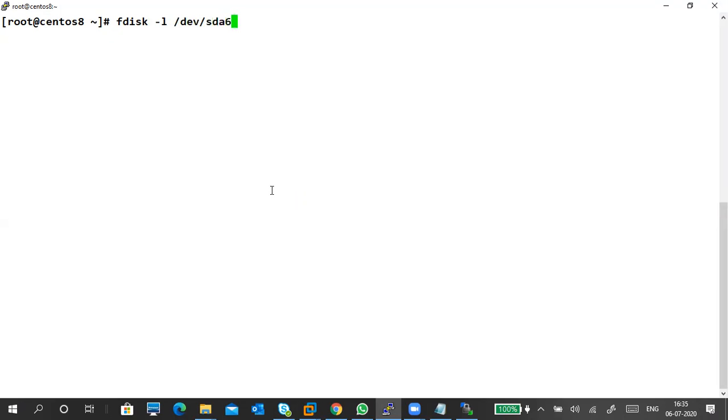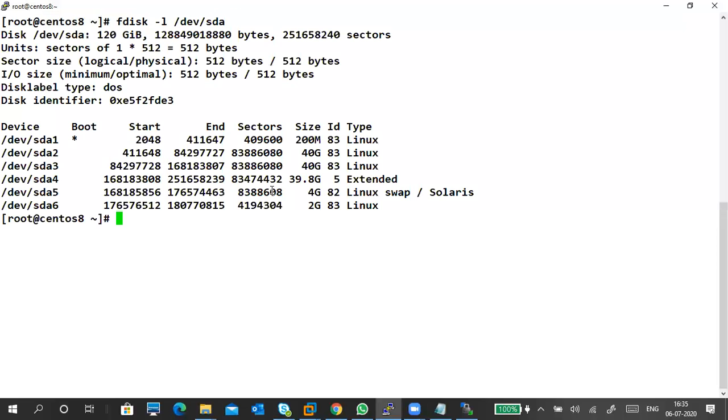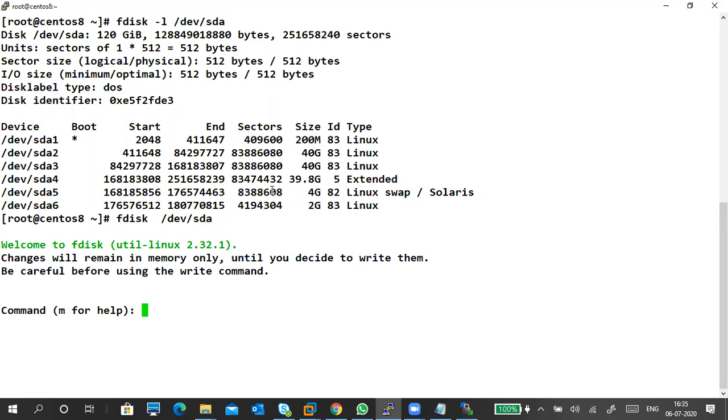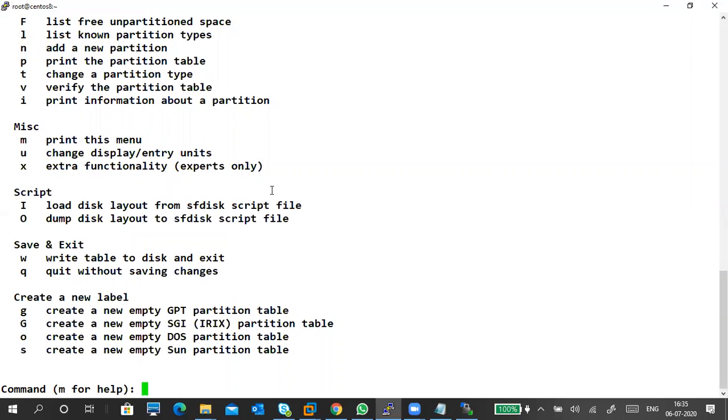This is actually enjoyable. So this is for displaying. I already created a 6th partition, so I have to create another one, or otherwise delete it and create it again. Now fdisk /dev/sda, then a full menu is showing. Now I want to delete one partition, so I can delete it, but there is a problem, because I already bound it.